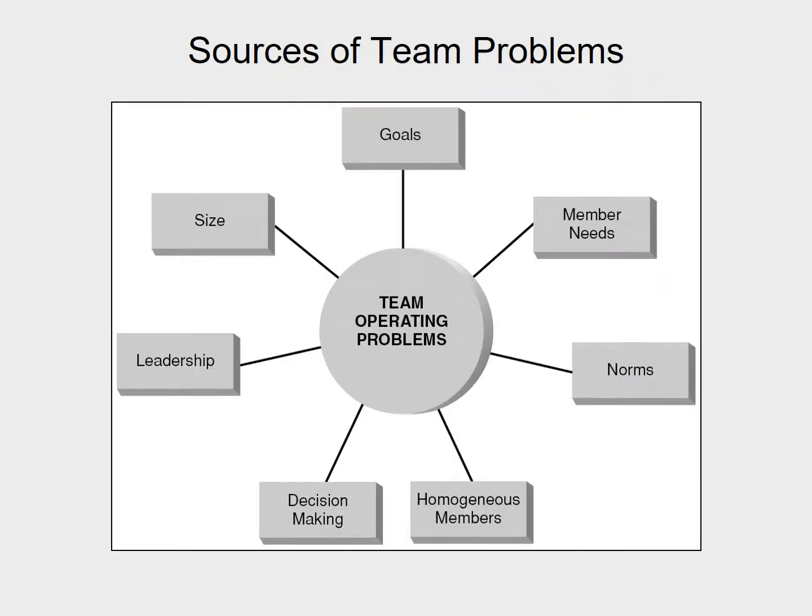So again, a diagnostic model of just looking for sources of teams' problems. These can be everything from looking at the goals that the team has set, to what the members need from the team. Are they getting what they need, both task-focused wise? Are they getting resources to get the parts of the job done that they need to do? But are they also getting their social needs met? The norms of the group: are the norms actually supporting positive team function, or are they actually hindering positive team function? It's possibly the team makeup, so homogeneous members. Too many people have the same skill sets, which means there's a lot of redundancy, and with redundancy, you start to also run into a situation where it's going to be hard to build that interdependence.